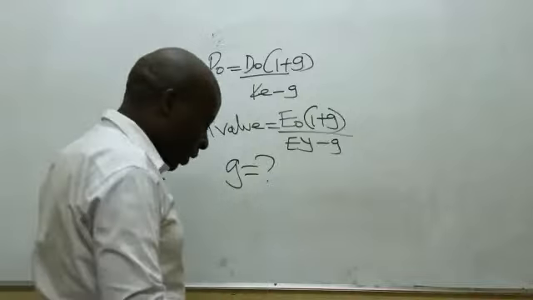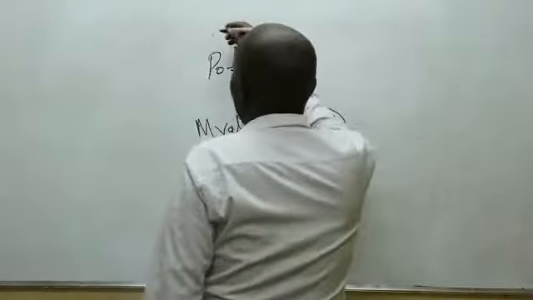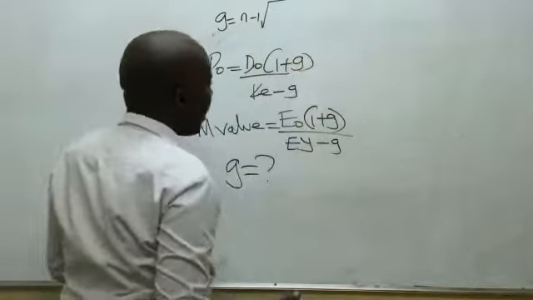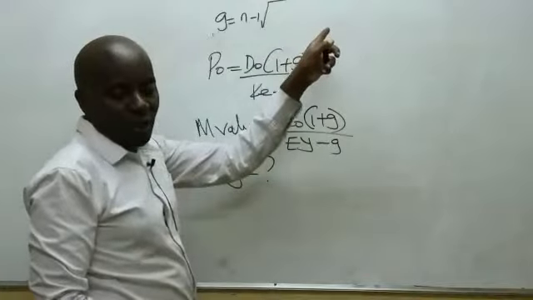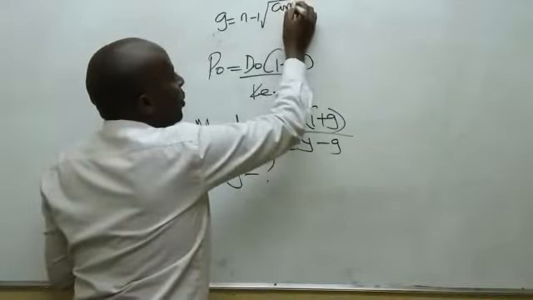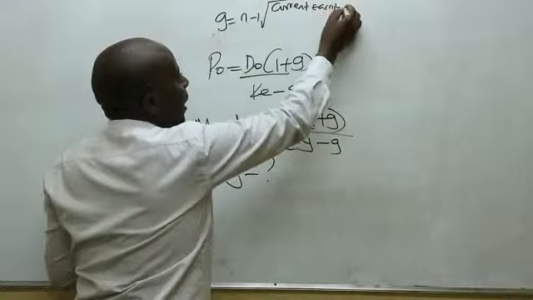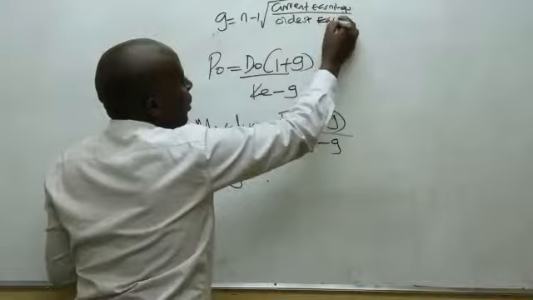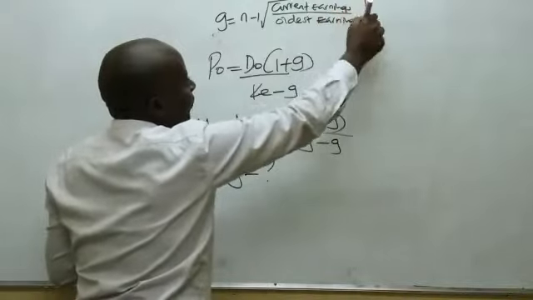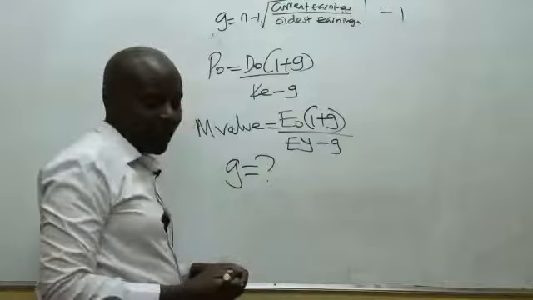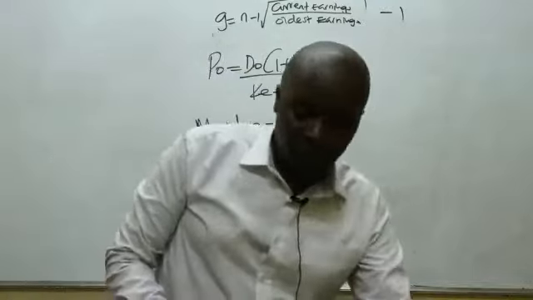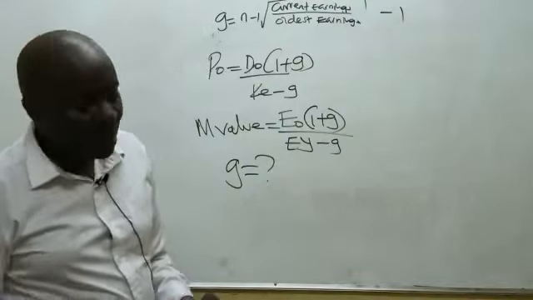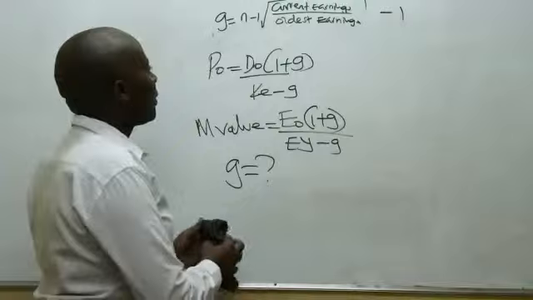For growth rate, what we shall do is calculate it this way. We'll take the n minus 1 root of, just like how we normally do with current dividends, the current earnings, all over the oldest earnings, and then minus 1. So if that is the case, ladies and gentlemen, come straight away and give us our G.